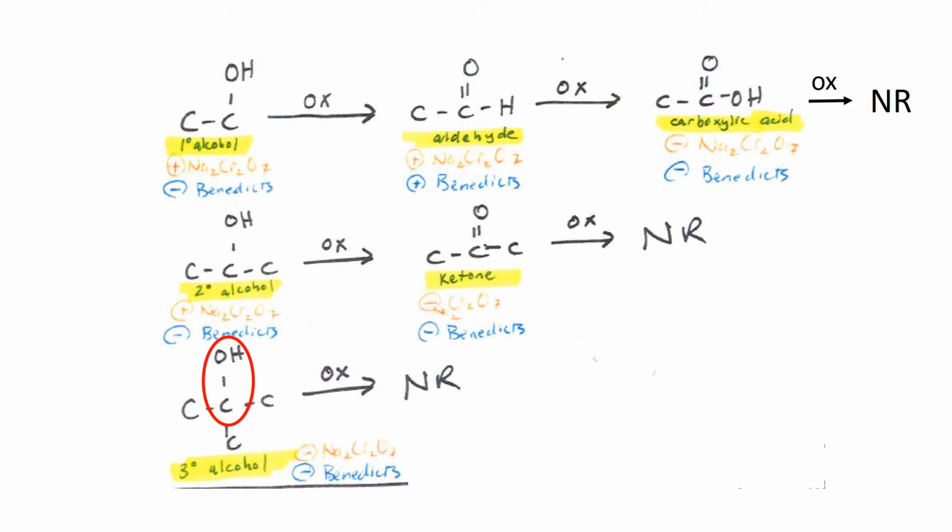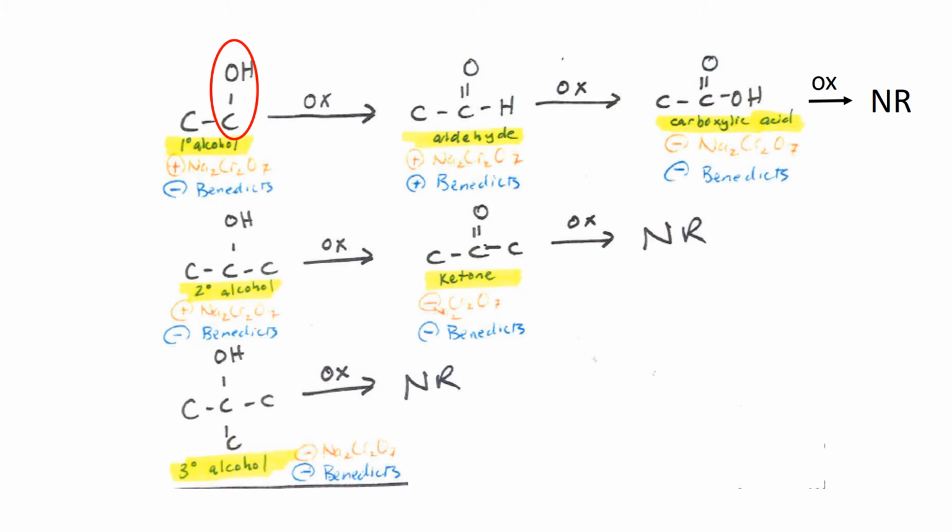The reason I'm showing each of them on this slide is it turns out that their reactivity is different. What primary alcohols do with their oxidizing agent is different than what a secondary alcohol does with an oxidizing agent, and that's different from what a tertiary alcohol does. So we will look at each of those 3 right now. Going back to the top, we'll start with primary alcohol. Our question will be, what happens if we mix this primary alcohol with an oxidizing agent?